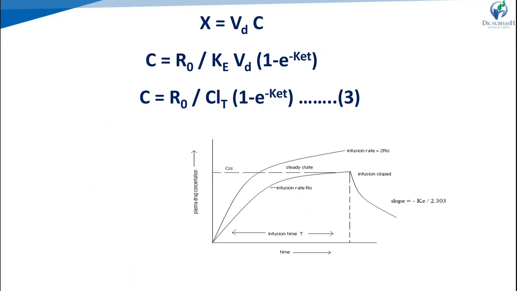So at the start of a constant rate infusion, the amount of drug in the body is 0, so there is no elimination. As time passes, the amount of drug in the body rises gradually, so the elimination rate is less than the rate of infusion. This continues until some point, after which the rate of elimination equals the rate of infusion. That constant point is called the steady state concentration, plateau, or infusion equilibrium.